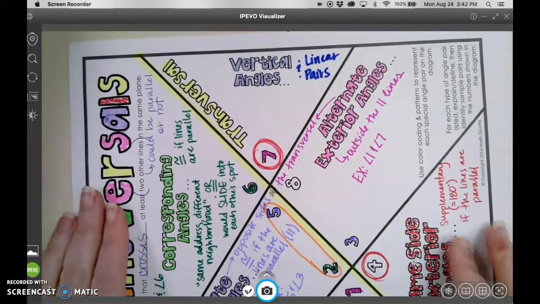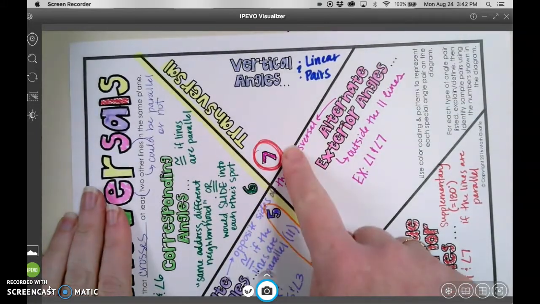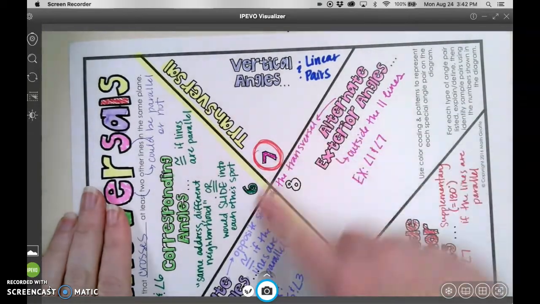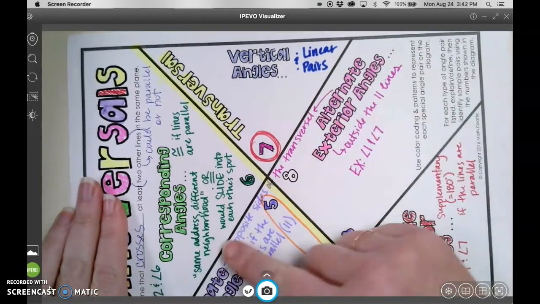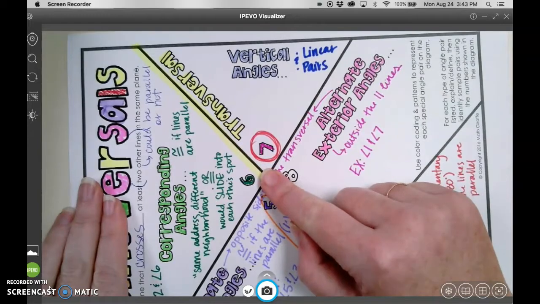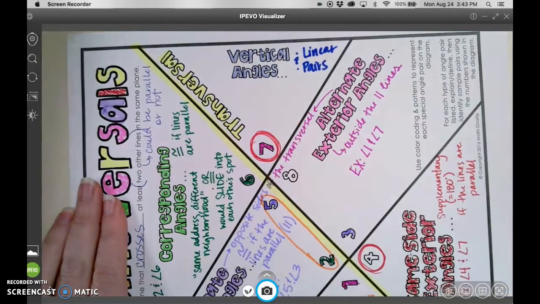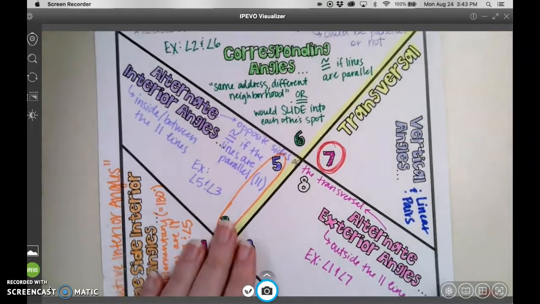So for example, 7 and 5, they're still vertical angles. They are vertex to vertex formed by exactly 2 straight lines. 6 and 7 are still a linear pair. They still rest on the same line and share a ray in between them. So those things don't go away. They're just kind of over here in the background as we're learning about the new names for these new kinds of angles. On the back of the sheet,